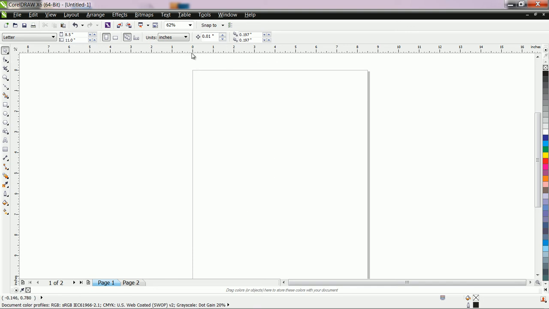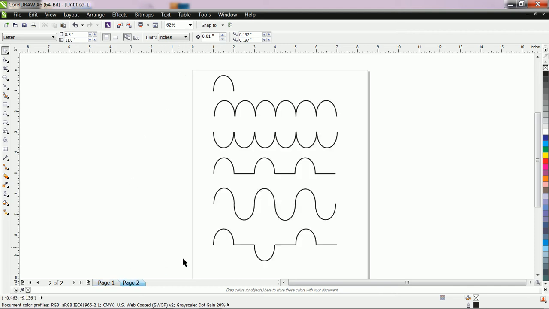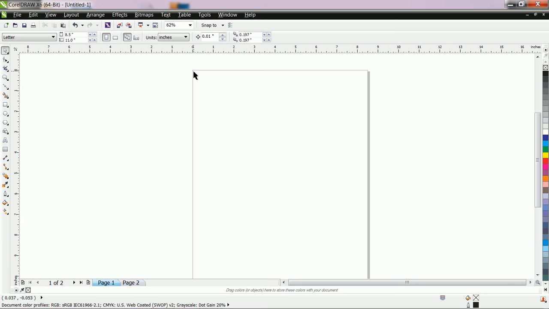Here our page starts from 0, but vertically it does not start from 0. Then here you have to use zero lock. Now it vertically also starts from 0, because while creating this curve, our page should be in proper dimension. Therefore, if your page does not start from 0, then use zero lock.